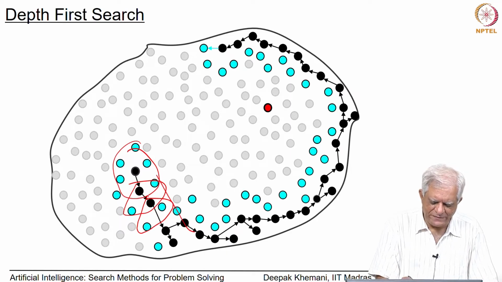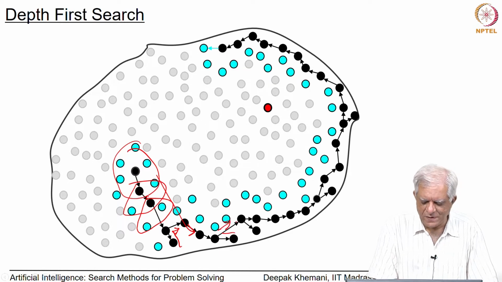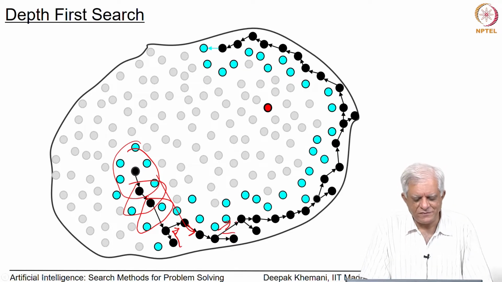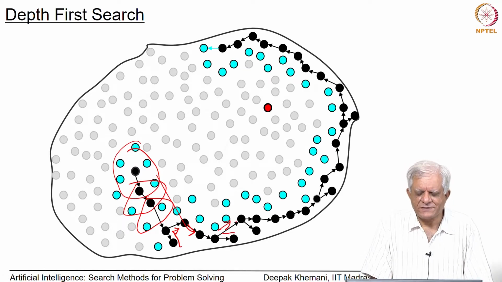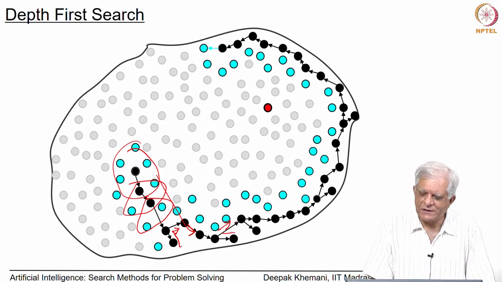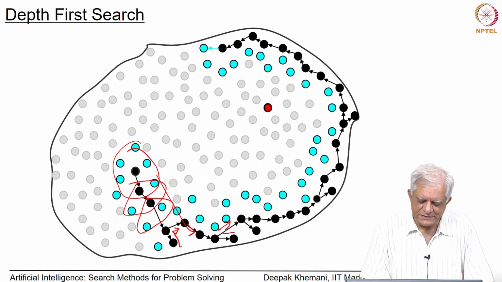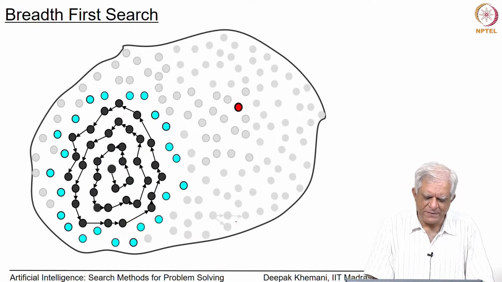So, it basically dives down into the search space till it hits a boundary. When it hits a boundary, it backtracks and then tries something else. So, here also we can see it is backtracking and trying something else, and so on. Essentially this is the behavior of depth first search, and it is interesting to observe that the behavior is not influenced by the goal node at all. It just happens the same every time you run depth first search on this particular domain. The behavior of breadth first search is also always the same,